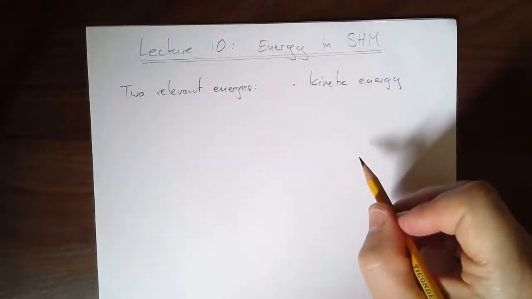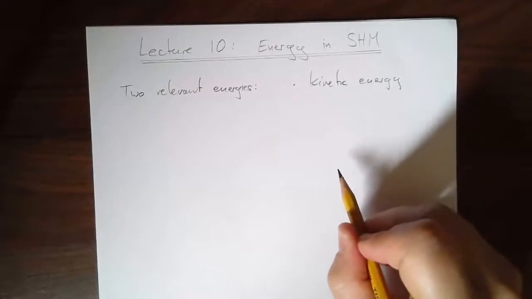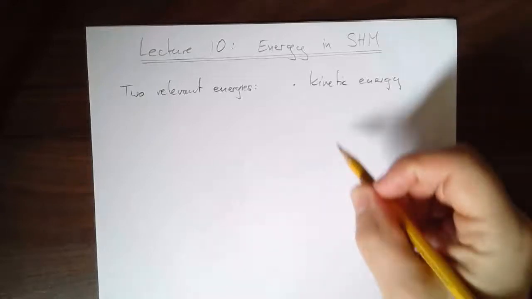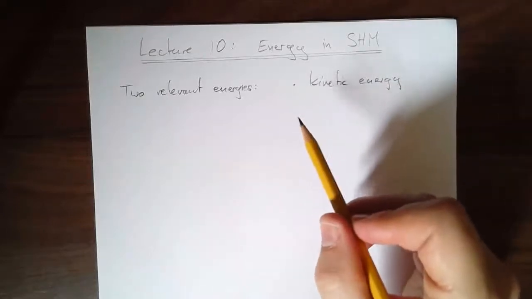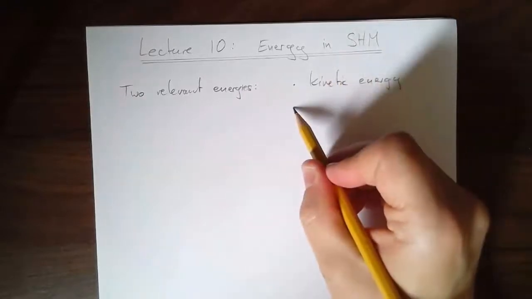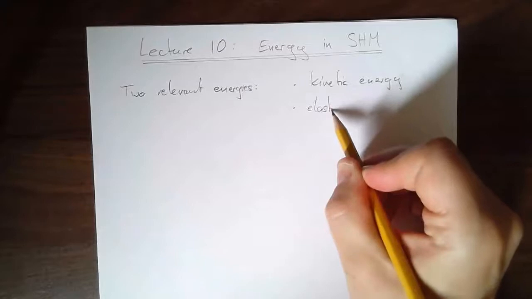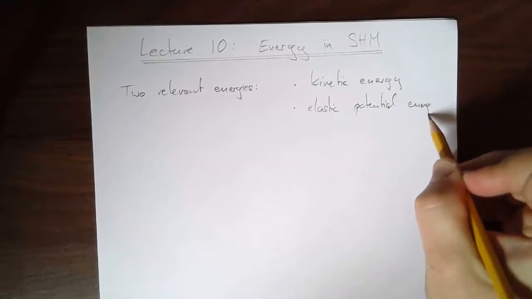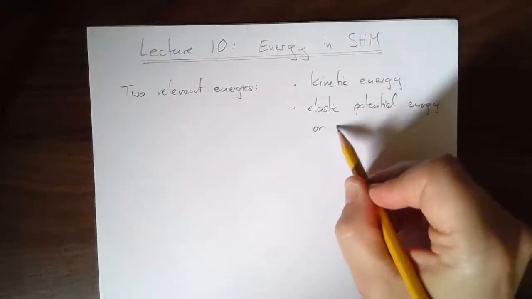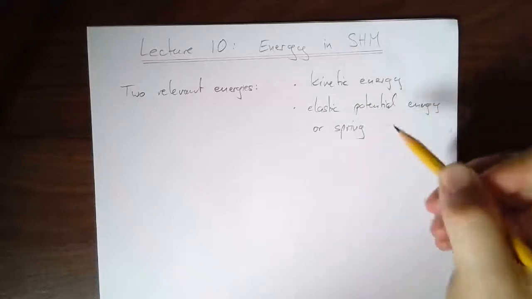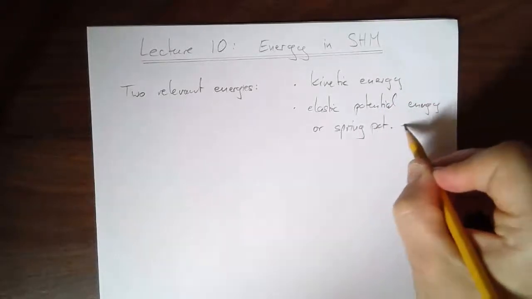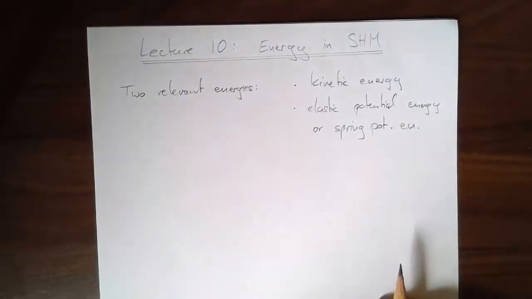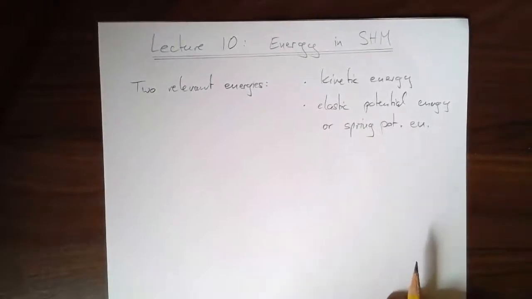So if you imagine a spring and you squish it, you can imagine me putting a marble on top of it. You let go, the marble's going to get shot into the distance. There is energy stored in a compressed or stretched spring. We're going to call this the elastic potential energy, or the spring potential energy. Essentially two terms that mean the same thing. Maybe you've met potential energy before, in a previous mechanics course.